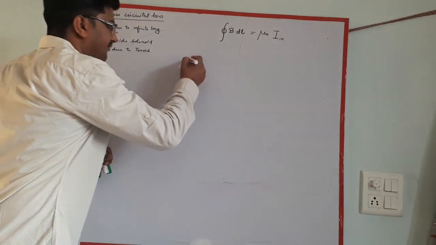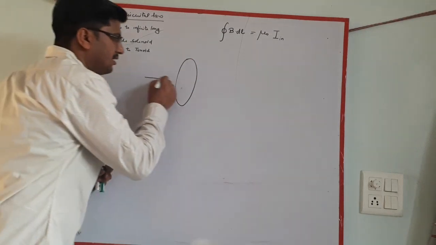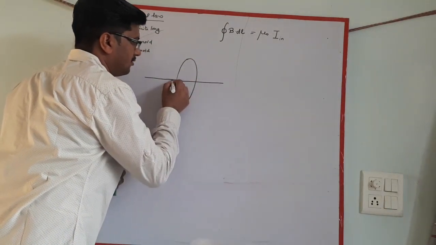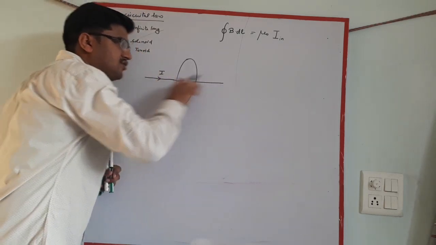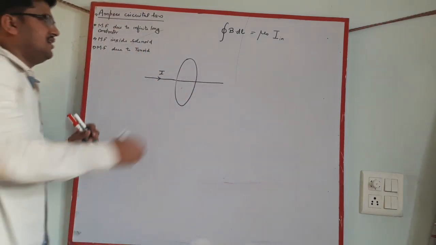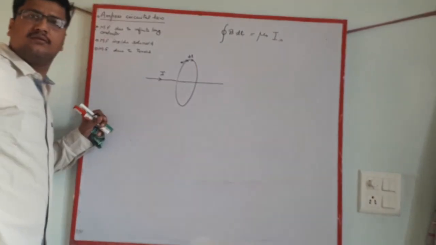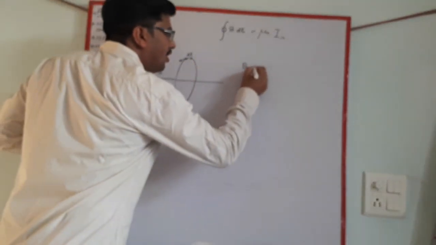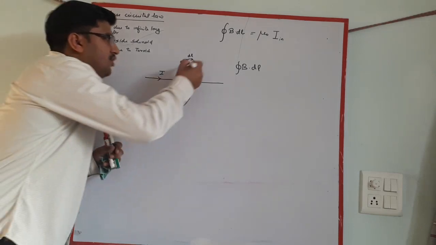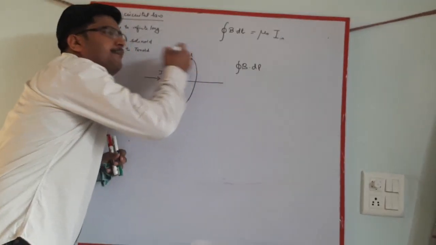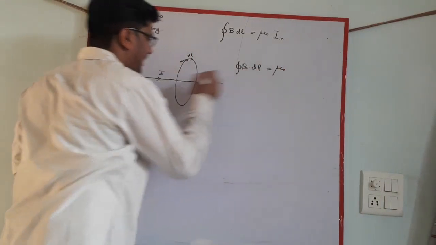That means if this is any closed path, and I is the current flowing through it, then B dot dl, the line integral of the magnetic field over this whole path, closed path, is equal to mu naught times the current